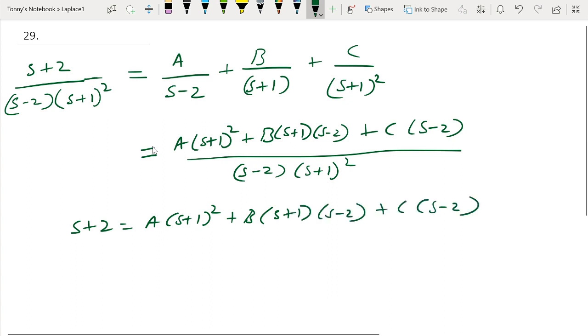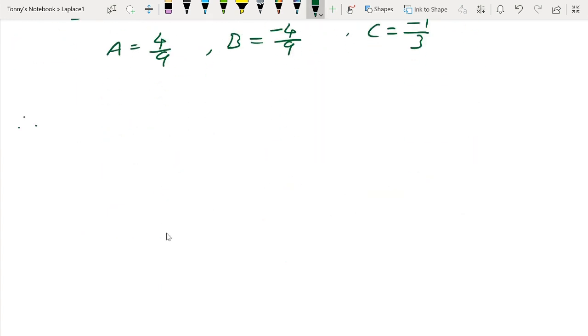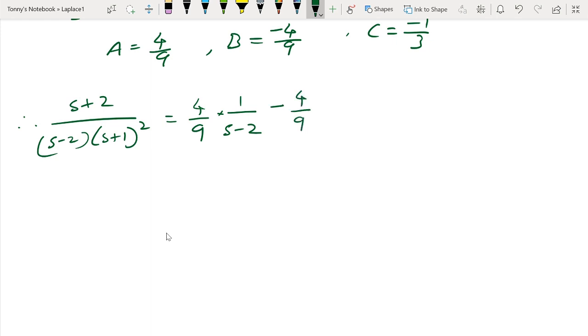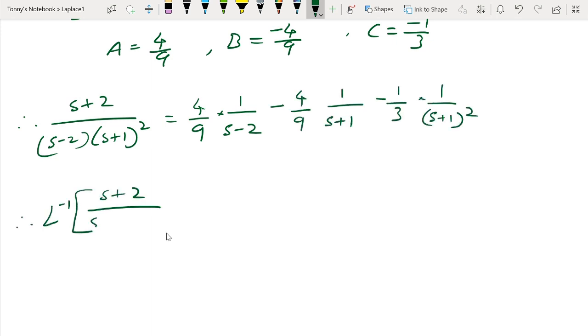By solving this equation we get A, B and C, where A is equal to 4 by 9, B equal to minus 4 by 9 and C equal to minus 1 by 3. Therefore given expression becomes, therefore L inverse is equal to, by using the linearity property of inverse Laplace transform,